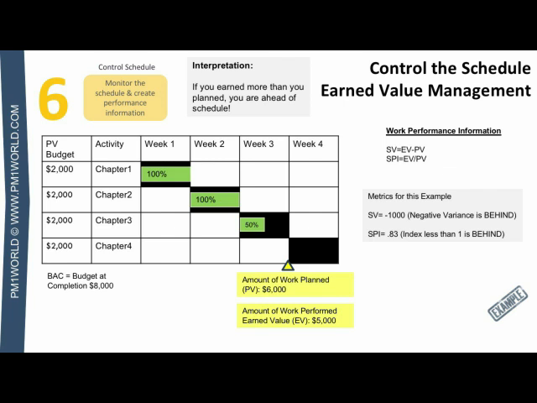Now, for your personal interest, not for the exam because they don't test this next part that I'm going to mention, you may want to read a little bit about something called earned schedule management. It's found in the PMI book. You can Google it. It's another way of looking at schedule earned value calculations, and it's a little bit more effective than this method, but so far, this is the one that gets tested. You might get a question where you require simply the interpretation of SPI or